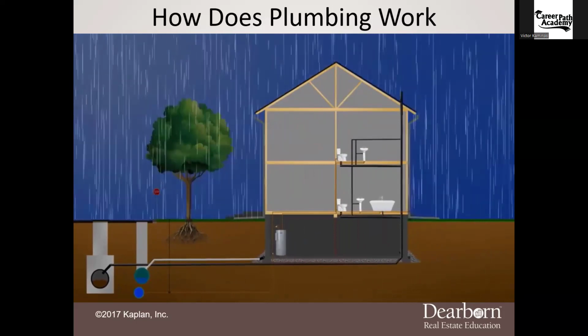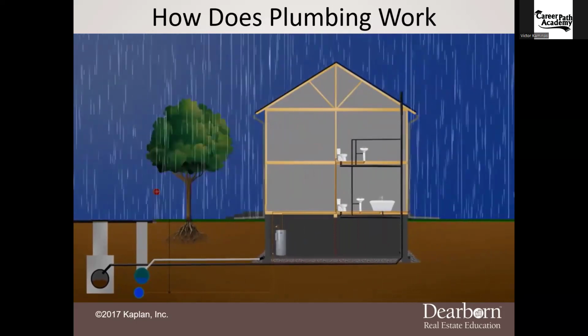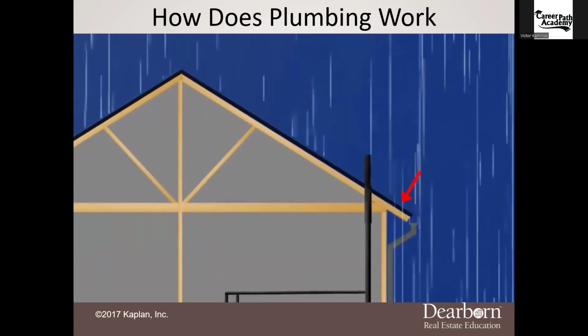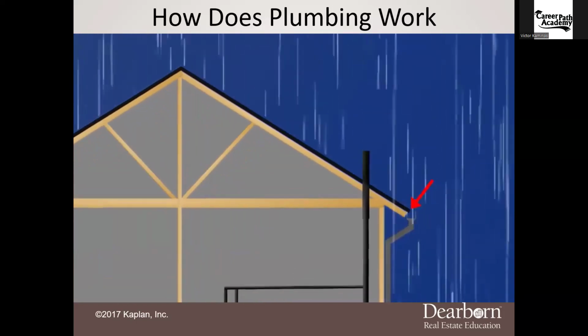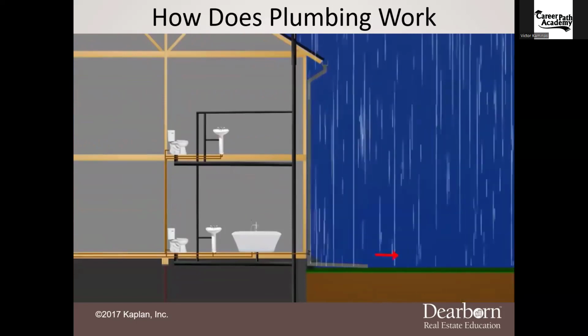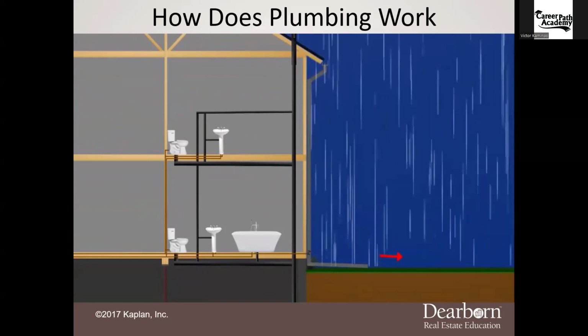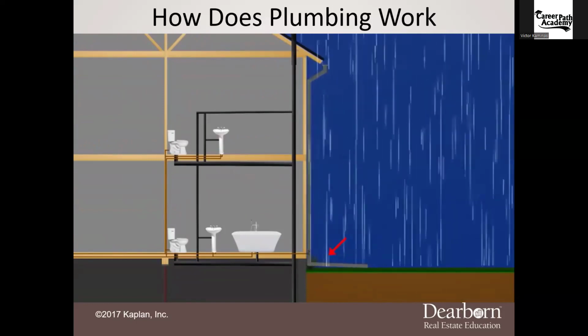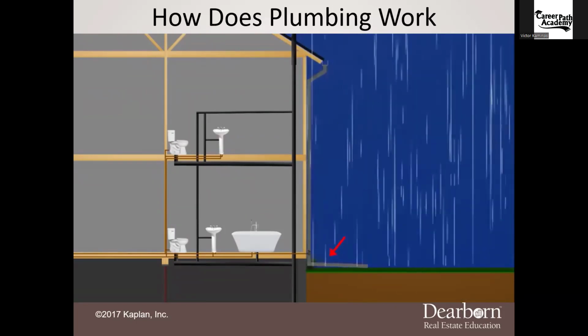So when it rains, all of this water has to go somewhere, right? The rain that falls on the house's roof trickles into the gutters. Now, the gutter's job is to divert the water away from the house to prevent water infiltrations. So what most people do is install a 5-foot piece onto the downspout so the water has somewhere to go,